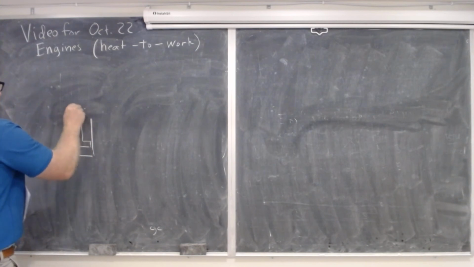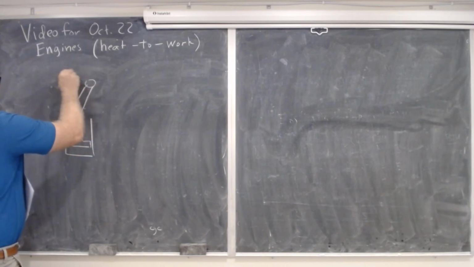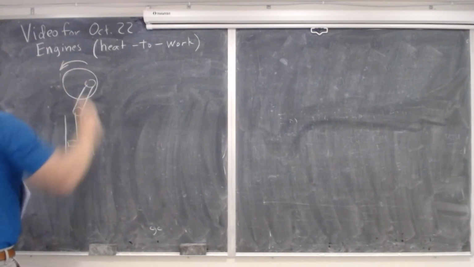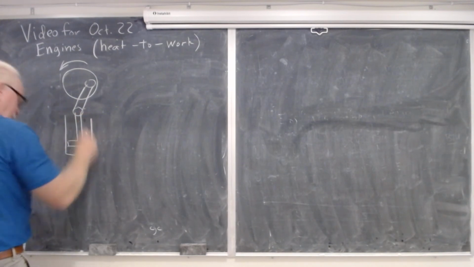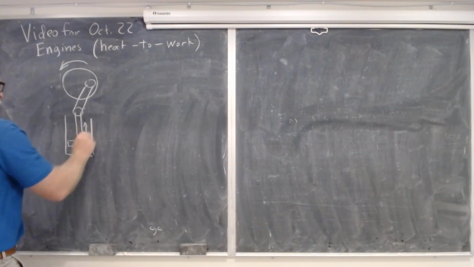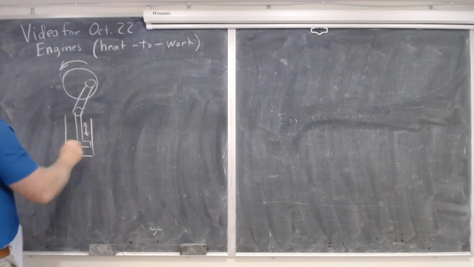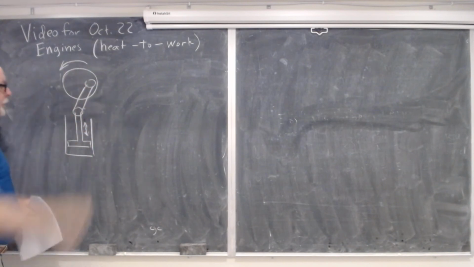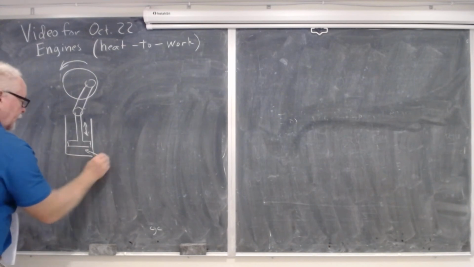Let's put a linkage up here to another linkage. We're not going to get into transmissions and stuff like that, but basically, as this goes up and down, you arrange it so that you have a mechanical linkage here, so that this up and down motion gets turned into a circular motion in your car, the drive shaft. And why does it go up? Because you put in heat.